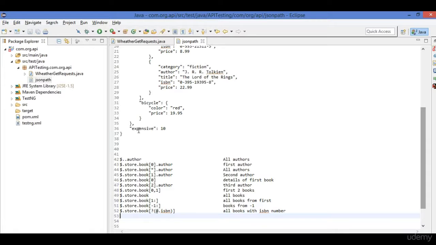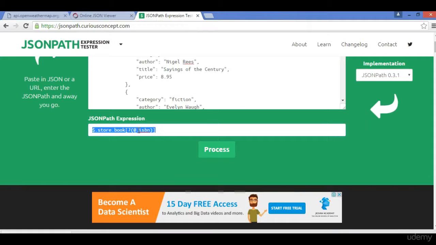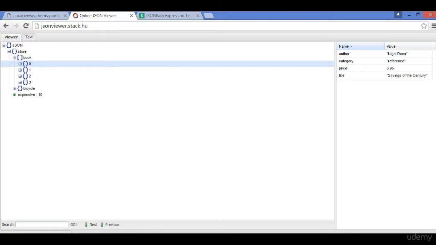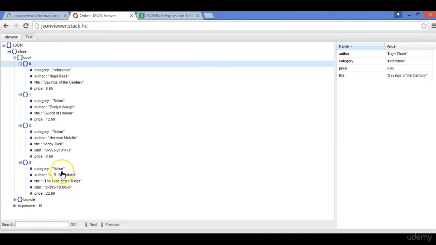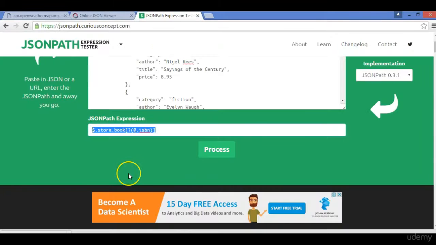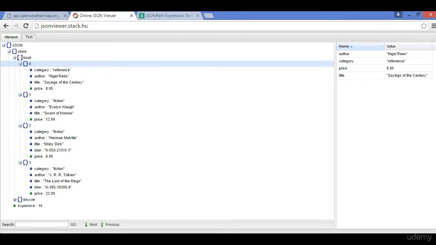Okay, now let's do more examples. Suppose there are categories of a book. One is category reference, the other is fiction, fiction again, fiction. Okay, now I want to get all the books which are in category reference. Let's generate the JSON path for it. Okay, and bookstore book,